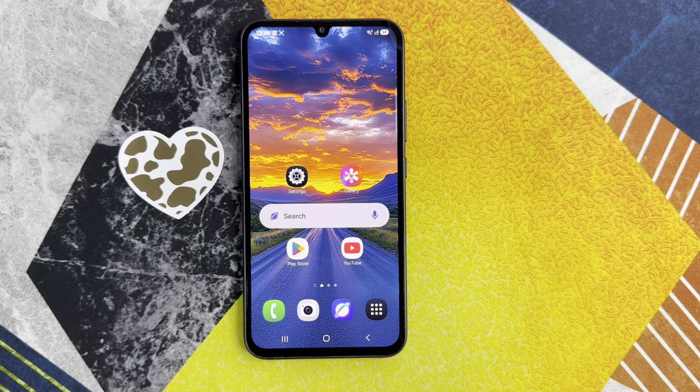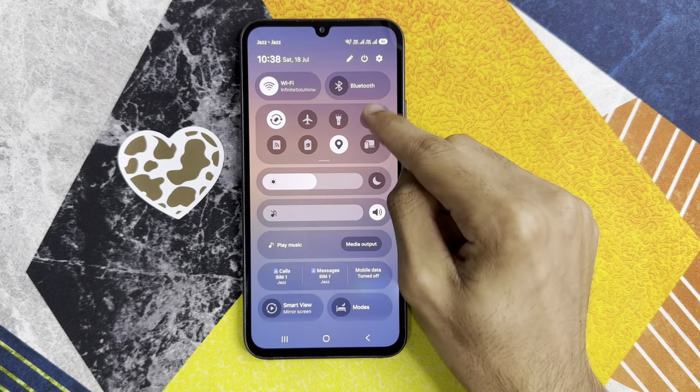How to fix if mobile data is slow on Samsung A08. Let's start the video. If you want to fix this problem, open the quick settings panel, just swipe down and